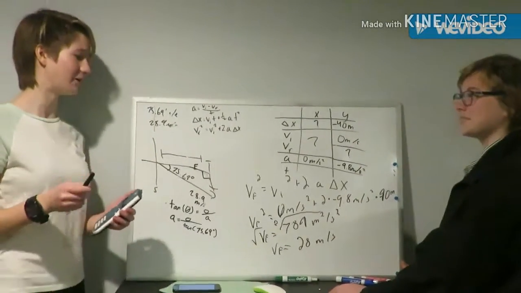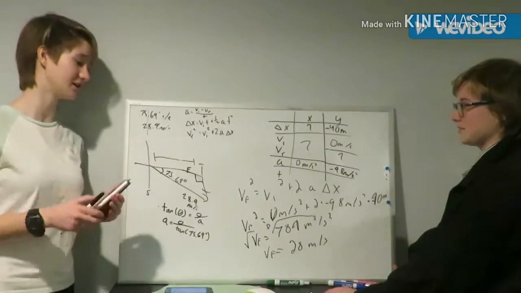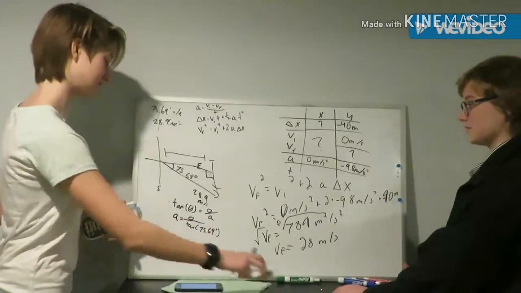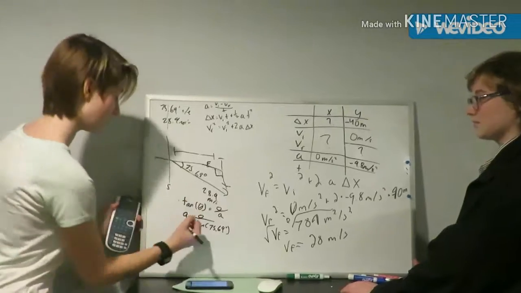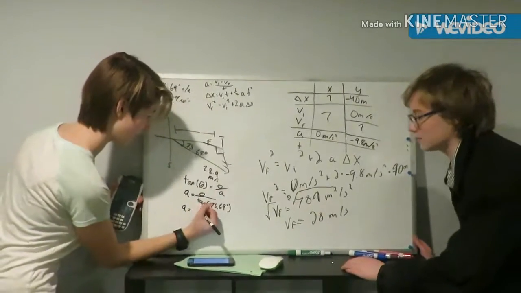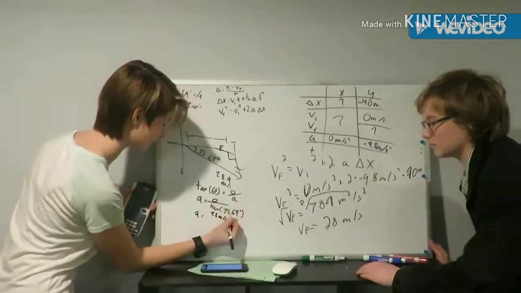Perfect. The rock was falling at a rate of 28 meters per second downward. Now all we have to do is plug this into the trigonometry equation. So in order to solve for the vertical component, we have 28 meters per second divided by